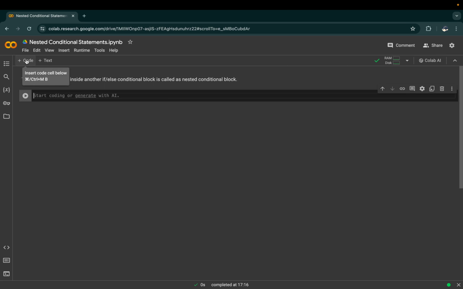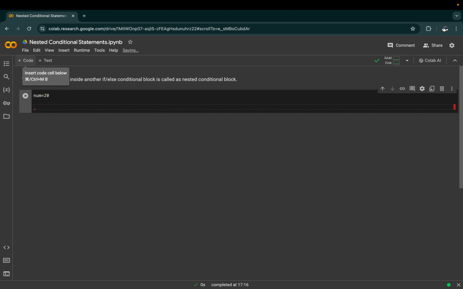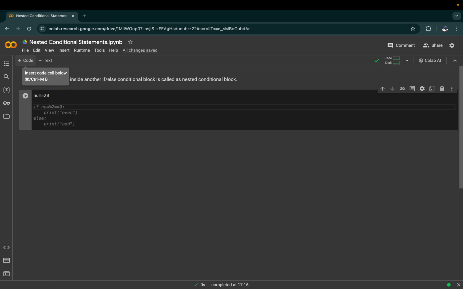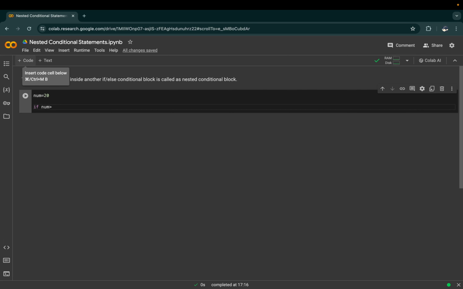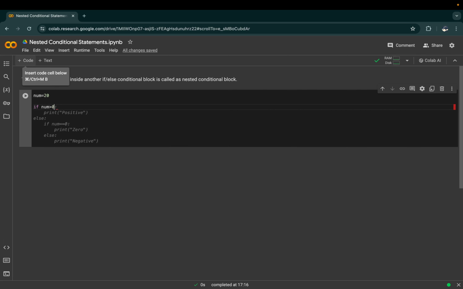So let us say I want to figure out if there is a number which is positive and also greater than 10. Let me take a number. I'm declaring a variable num which is equal to, let us say, 20. As a first condition, I want to figure out if it is greater than 0 or not. So, if num is greater than 0,